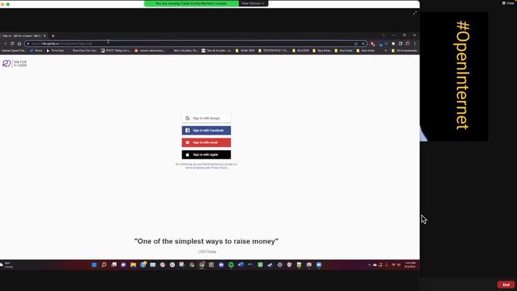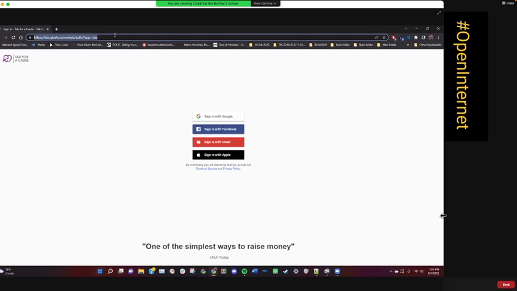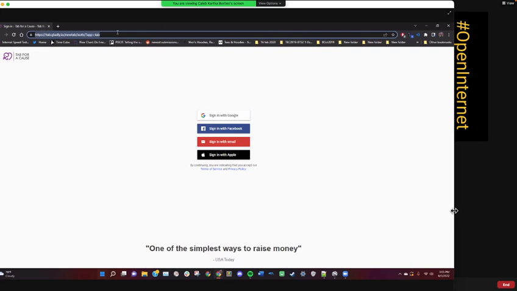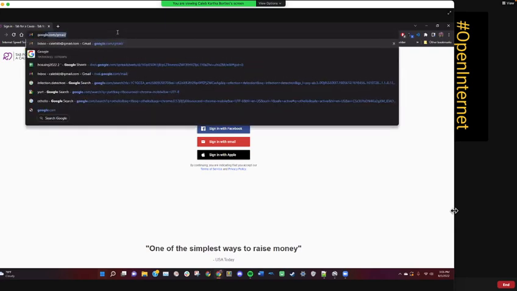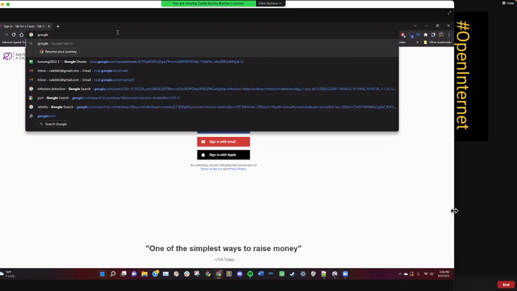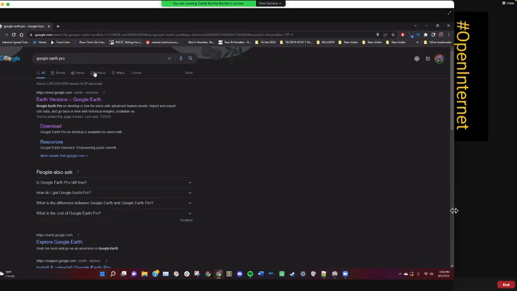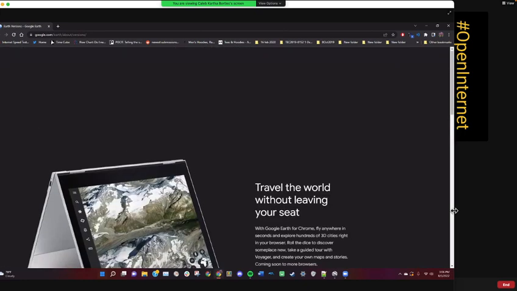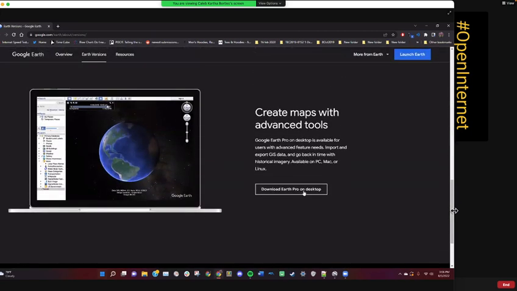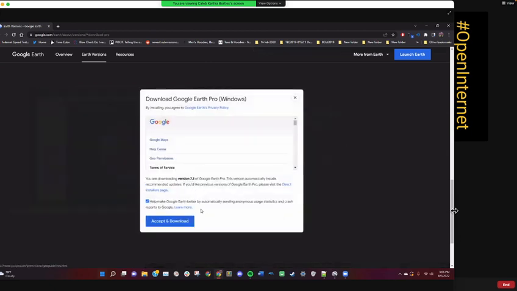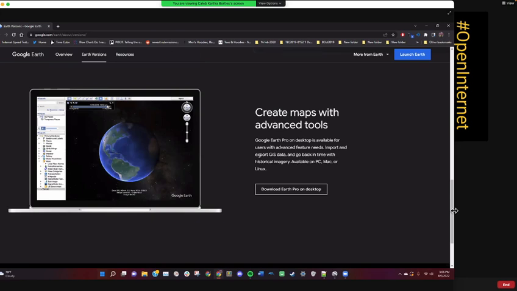The other thing that you will definitely need is Google Earth Pro, which is not just the web-based version, it's a program that you install. So I think for me, probably because I've Googled it before, if you just search Google Earth Pro, it should be the first thing that comes up. And if you click the download link and scroll to the very bottom, it will take you to this download link where you can download it, accept their terms and conditions, and